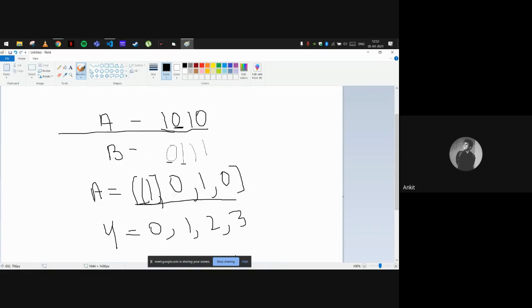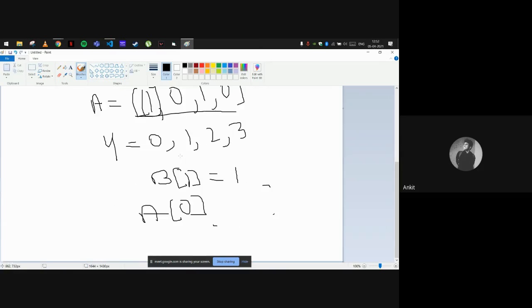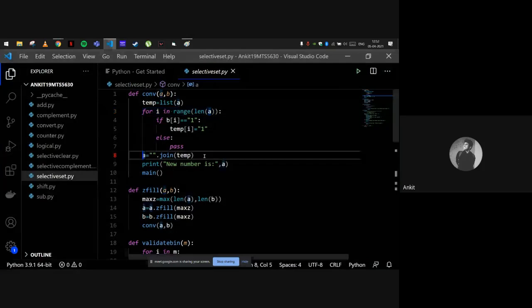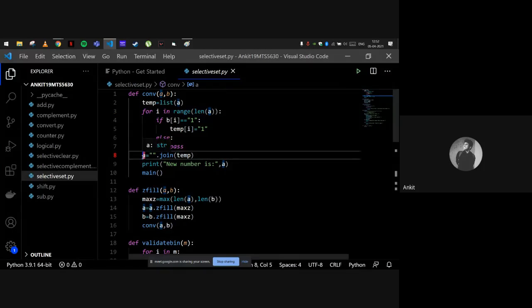So in the main list, it will change into 1. After completing the loop, it will again join the list and print the new number, and restart the program by calling the main function.